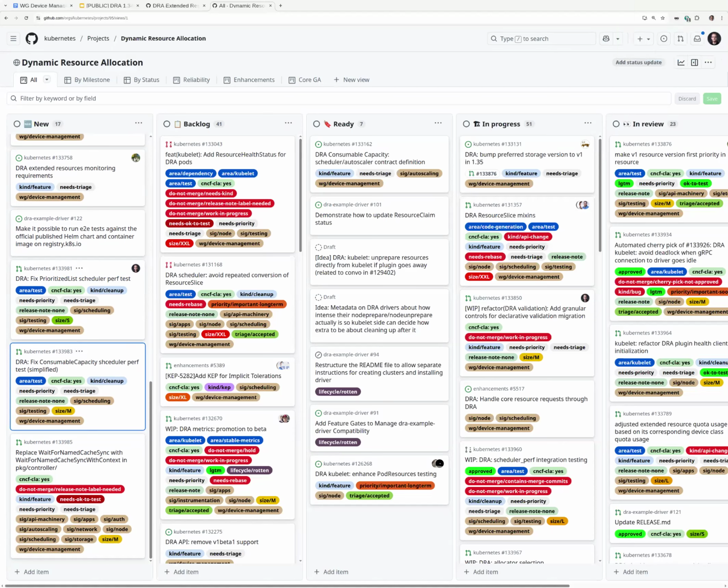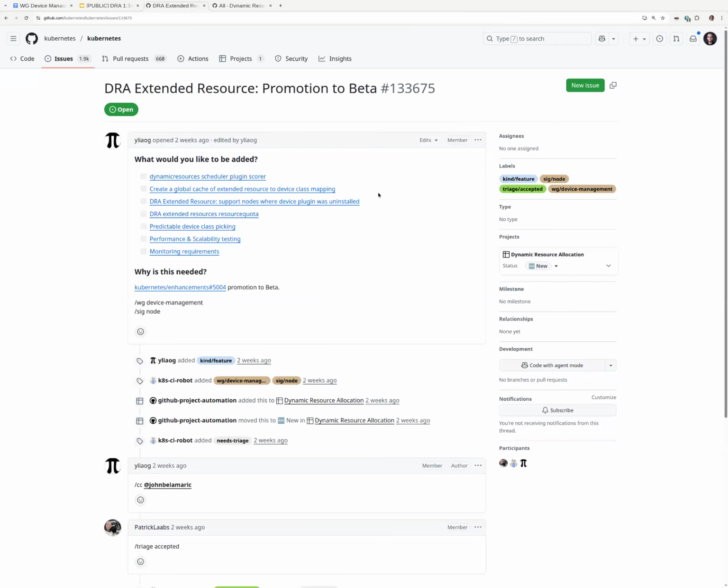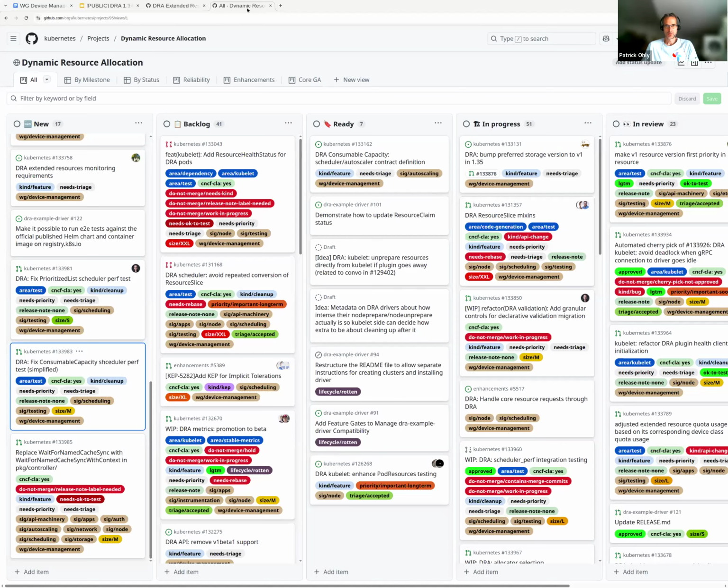I have a question, Patrick. I think this is related to the external resources. So with the issues created, how do we start the process? Like when do we start developing on it? These issues tend to appear in the new column. So when do we actually move them to backlog and then ready state? You can basically move them yourself.